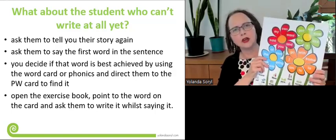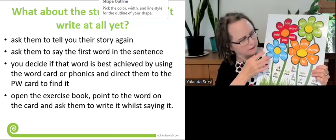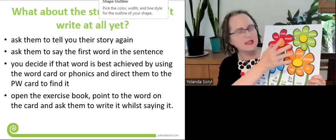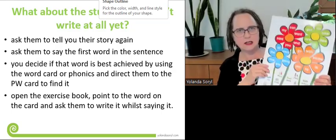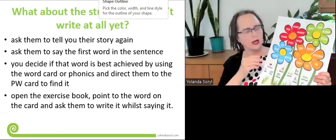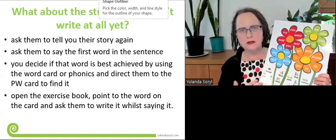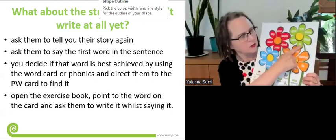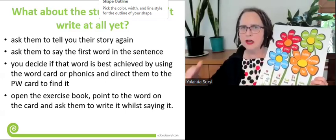Now, of course, the good thing about using a word card is, for a lot of children, that very quickly they're going to remember where the and I and is going to be, and they're not going to need your help. But to get them started, you know, you will have to tell them. And you're not going to ask them to find it, because it is their first day of school, and you're supporting them, you're helping them find it. So I got is also in the green flower. Put your finger on I got and make her reread every time. I got